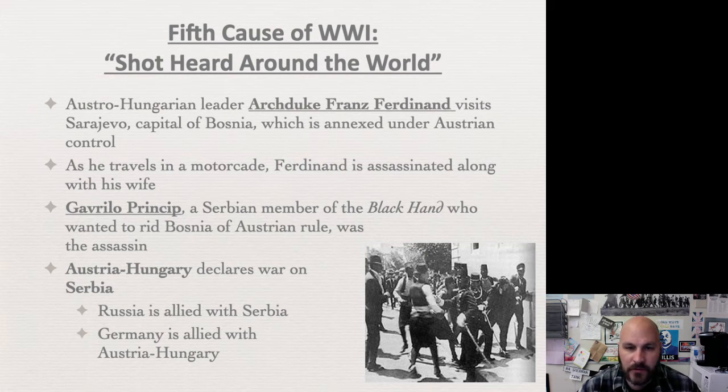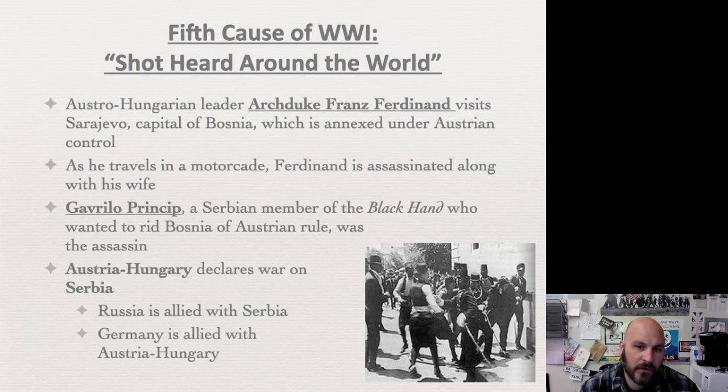Because the assassins are unsuccessful with the hand bomb, the car's going too fast for the other ones to be able to execute the plan. And one of those assassins is Gavrilo Princip, who had a gun. And so they all believe that they've lost their opportunity to assassinate Archduke Franz Ferdinand. Meanwhile, that second assassin tries to jump in the river. The river's not very deep. They pull him out and arrest him. But the law enforcement officials in Sarajevo don't know that there's a multitude of other assassins in the city that day in order to kill the Archduke.